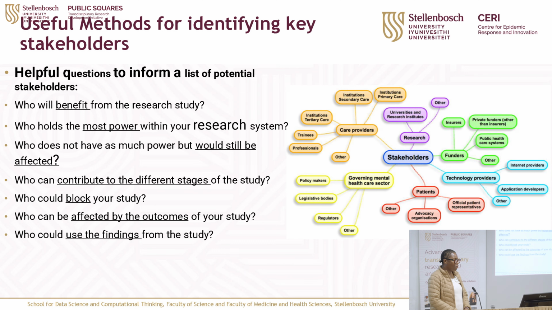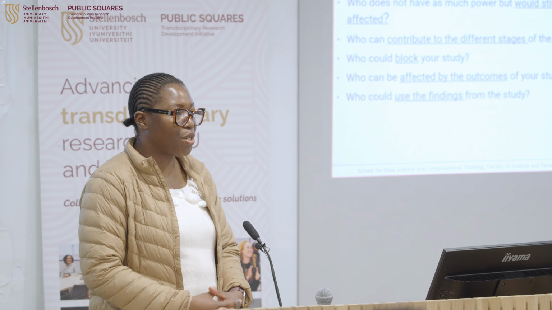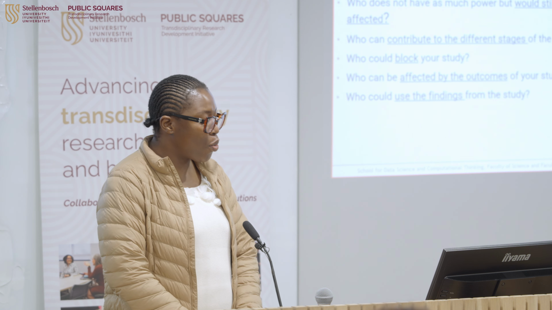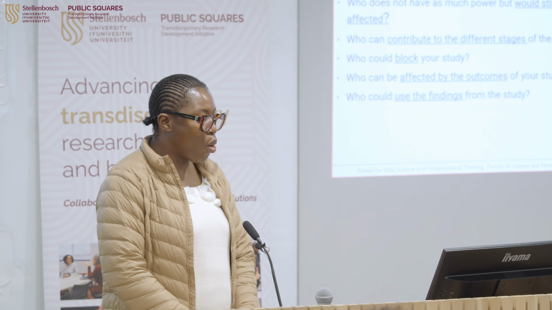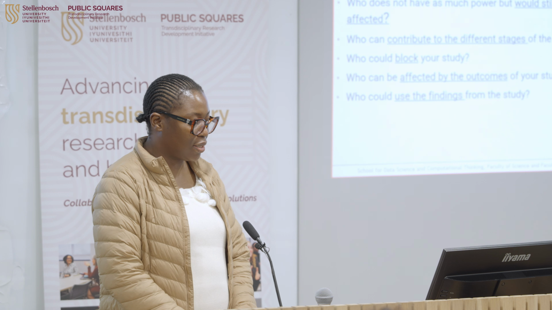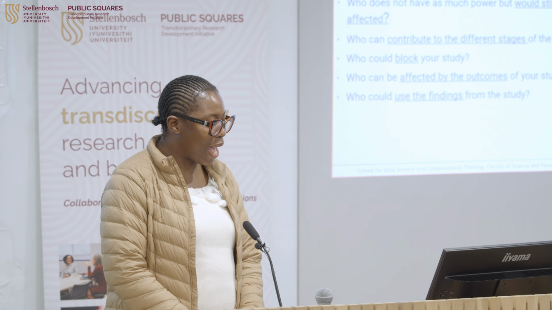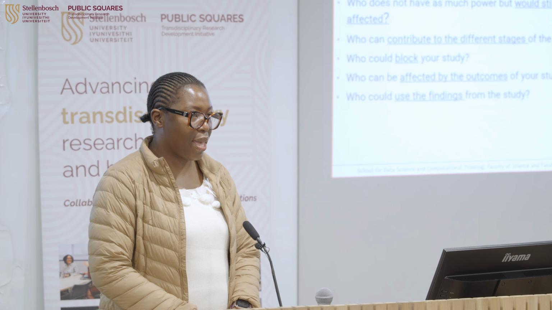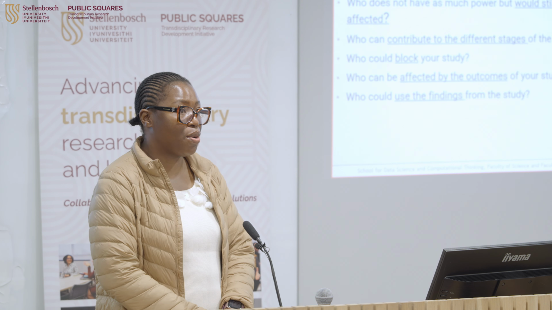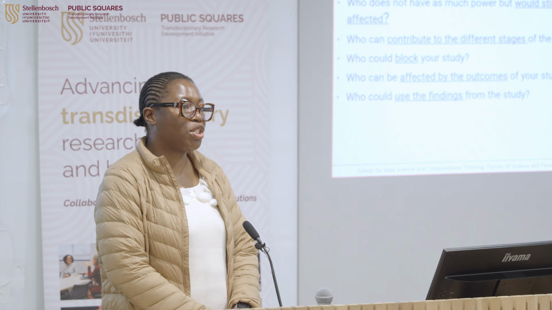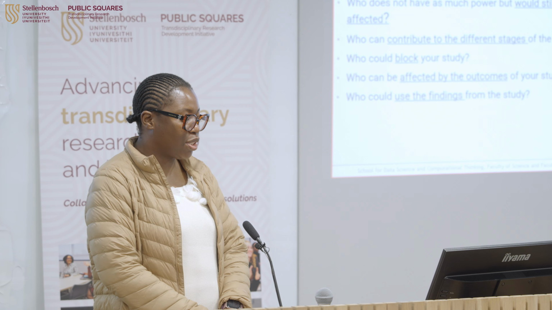So these are some of the helpful questions that can inform a list of potential stakeholders. So for instance, in your research, in your groups, you can start to ask yourselves, who will benefit from this research study? And then that's how you start thinking of the different stakeholders. Who holds the most power within your research system? That's how it helps identify stakeholders. Who does not have as much power but will still be affected? So this could be like your community members or people on the ground. They might not have so much power to make decisions or to make a significant influence, but they'll still be impacted